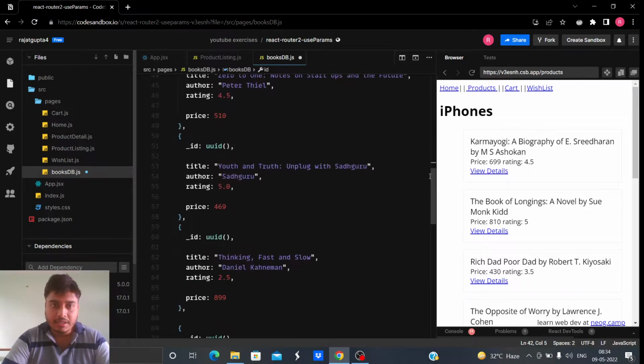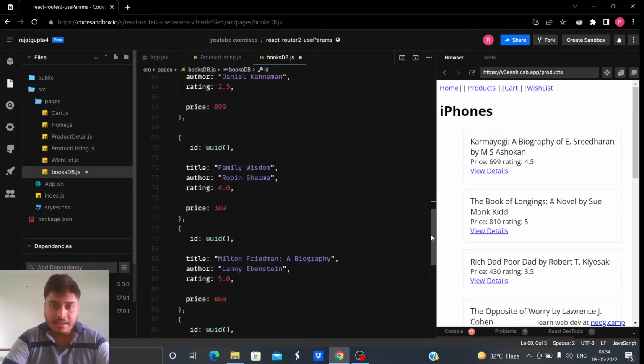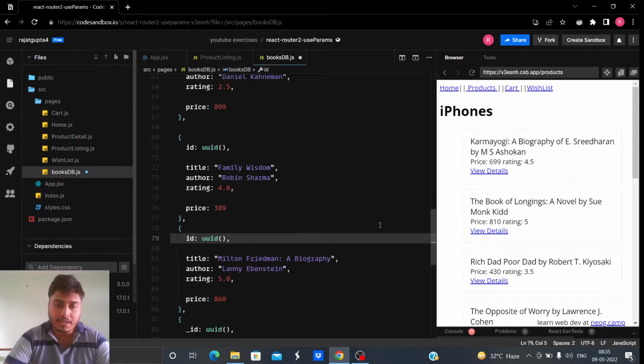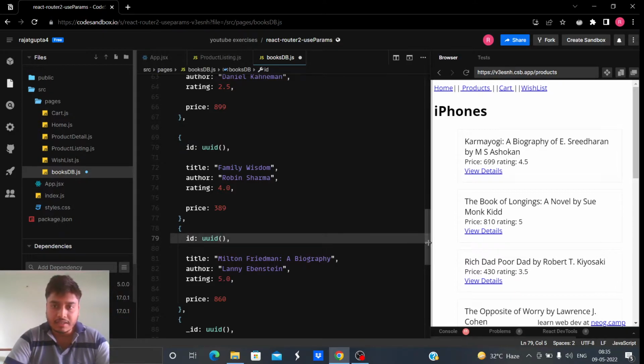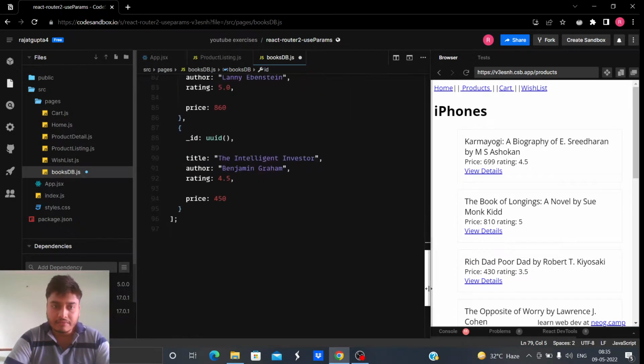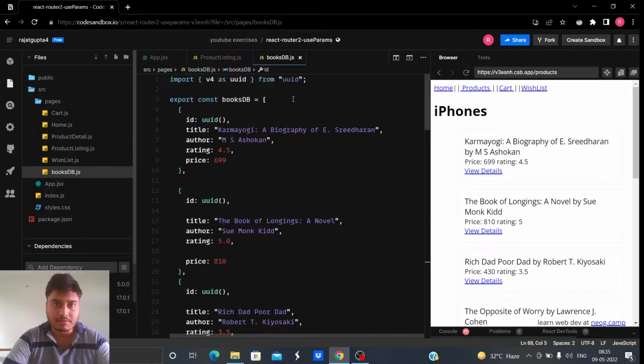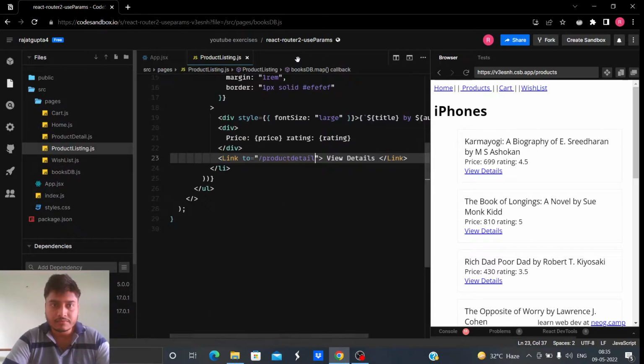But here I used UUID. Actually, I already made an e-commerce website using React, and there I used underscore ID, and from there only I copied this data. That's why here it is underscore ID, or you can have any name here, but ID seems logical.